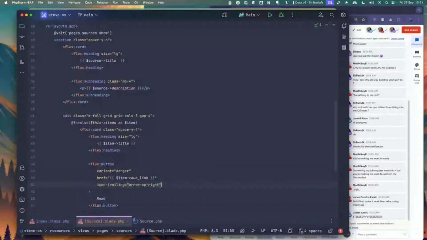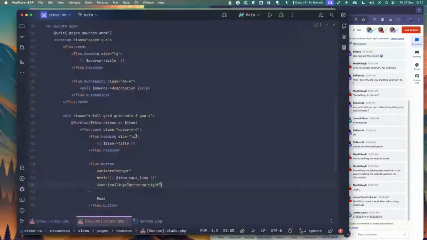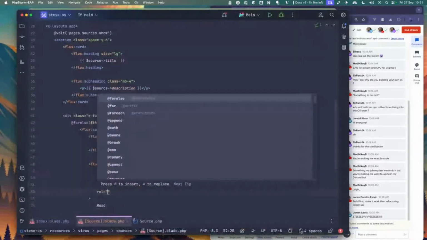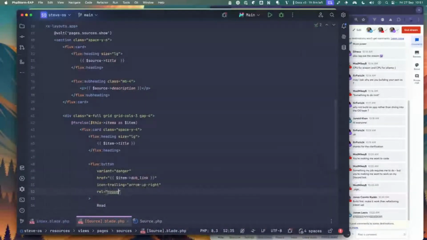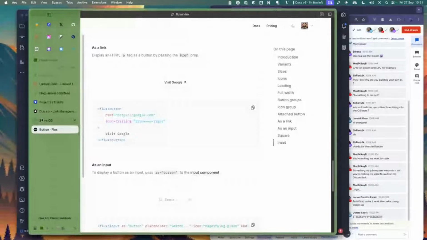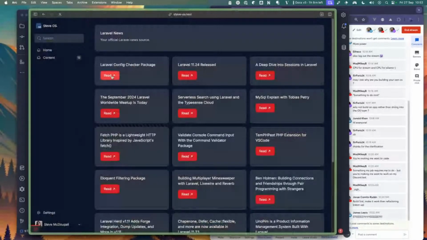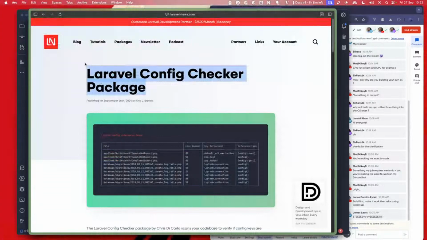That's on that. I'm not 100% sure if it does all the relevant stuff. No, follow. I can never remember what it's meant to be. Okay, so this should then go to Laravel config checker. Come back again, click it,